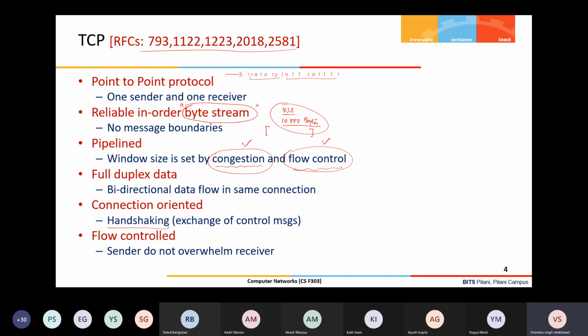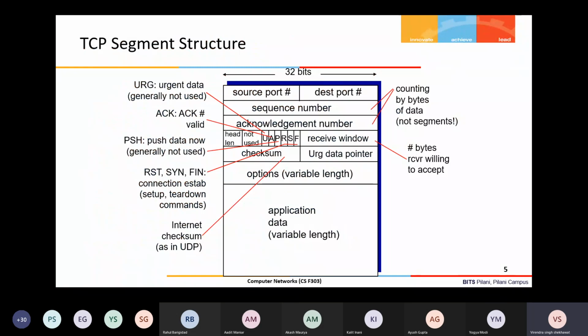Then flow control. We have already seen that the sender should not overwhelm the receiver. That means the sender cannot send at whatever rate it can, without considering the receiver's current situation, that is, how much data the receiver can receive. Okay, so these are all the basic features of what TCP provides. Now first we will see